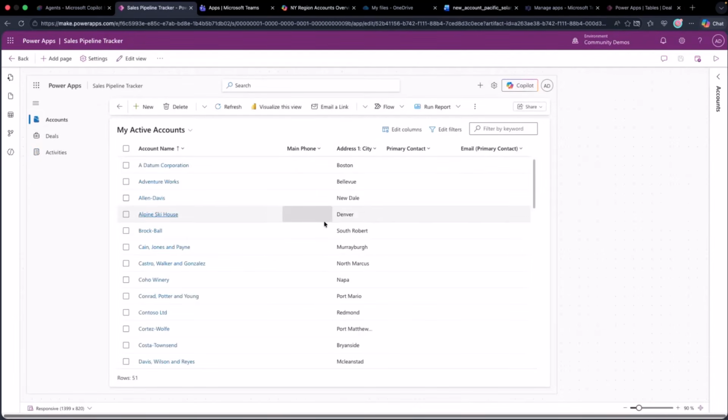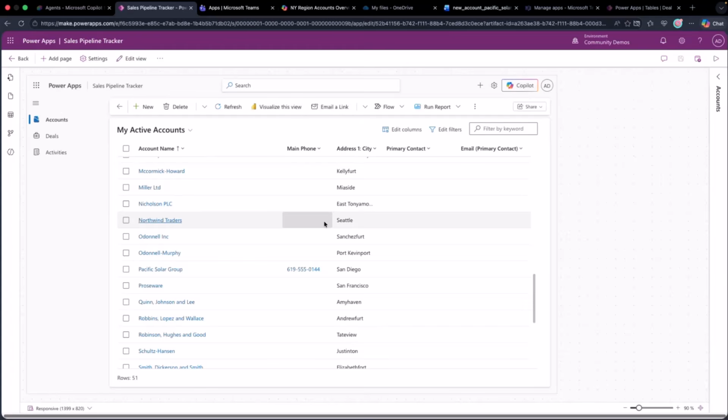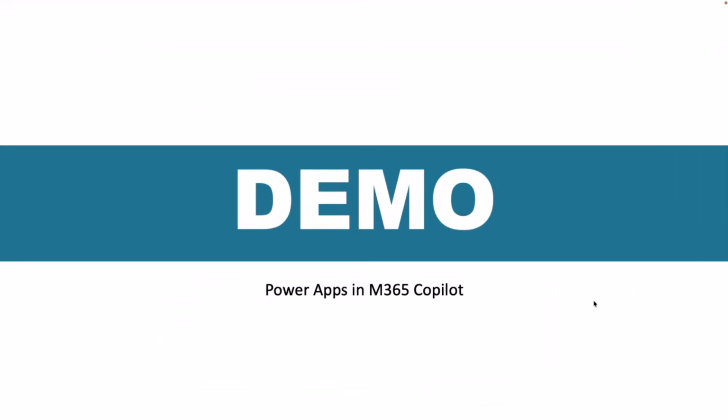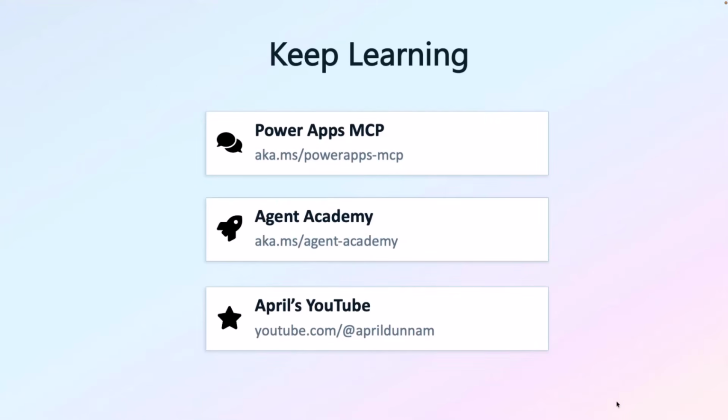Just to prove to you that it works, we can go back to our application itself, and then we can look down here and see Pacific Solar Group was added into our Dataverse table. So that's a quick overview of what we can do with this. If you want to learn more, this is all possible with the Power Apps MCP server, so there's some good documentation here. If you want to learn more about agents themselves, how to build those, and how you can integrate this with, say, a Copilot Studio agent,